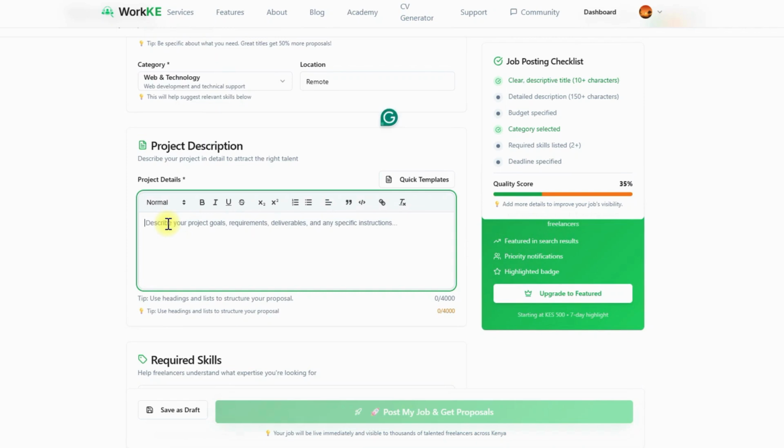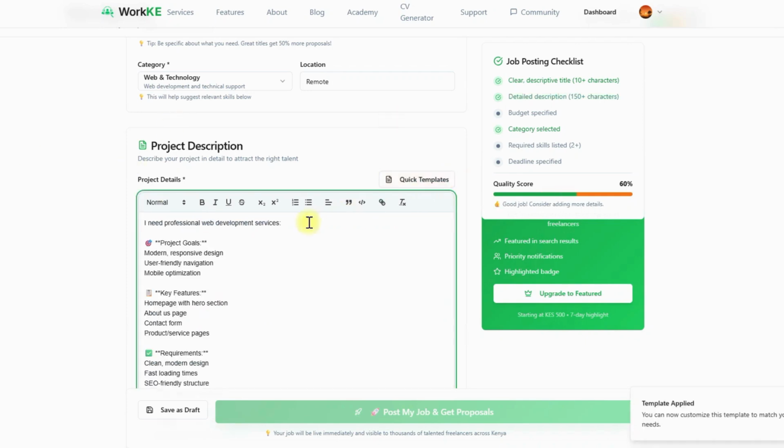And then put in a description for this specific job. I can decide to be creative, and by being creative, I can decide to go to ChatGPT and get a short description for a website development job listing. Let me try that, and then I'm going to put it here. But you can also decide to quickly just come here and